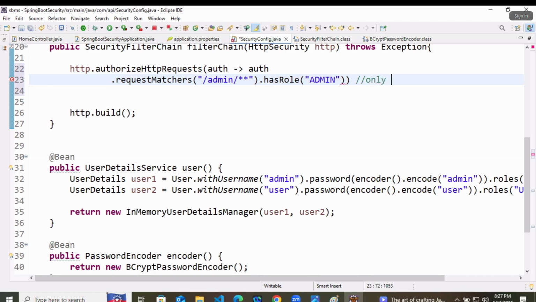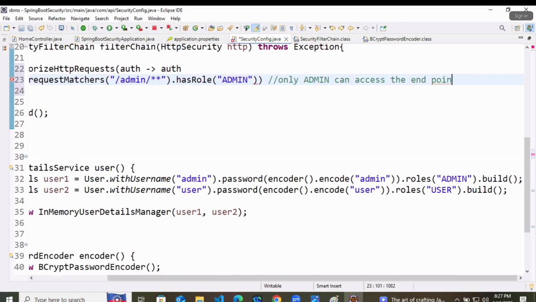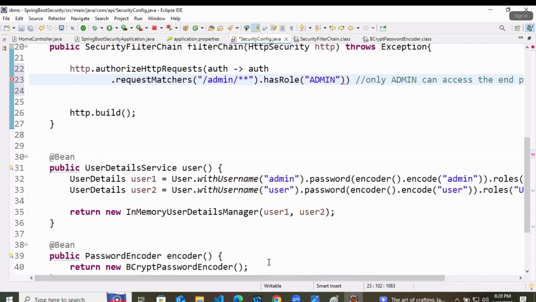Only admin can access the endpoint. So this endpoint can be accessed by the admin only. No one else can access that. This is the first request matcher.